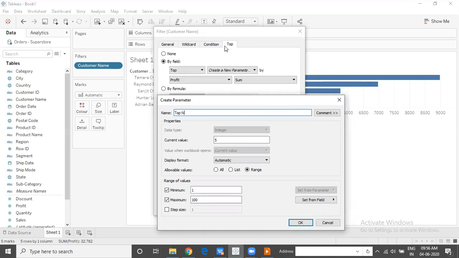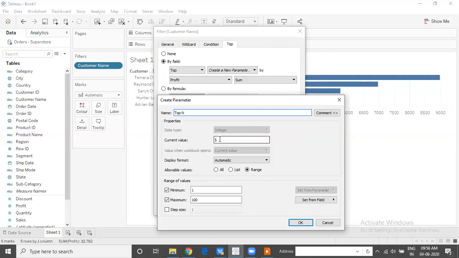And what is the purpose of top? It will help us set up a limit on the number of data points that we would like to see on the canvas, which definitely is going to be a whole number, right? We can see one customer or two customers. We cannot see 1.5 customers. So this is discrete, distinct information, which is definitely going to be a whole number. Therefore, Tableau is intelligent enough to understand the purpose of this parameter, and it has frozen the data type as integer.